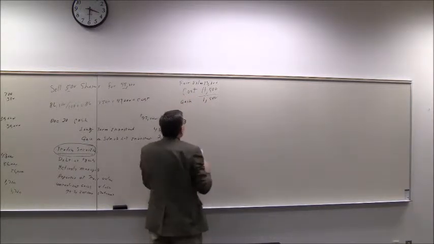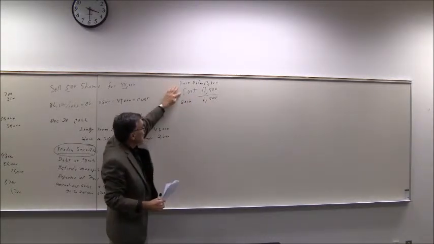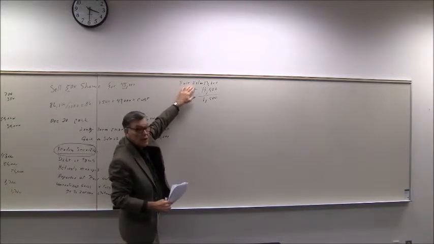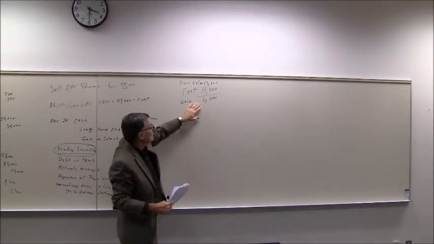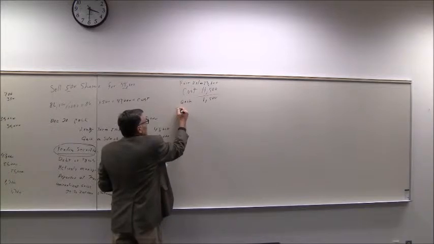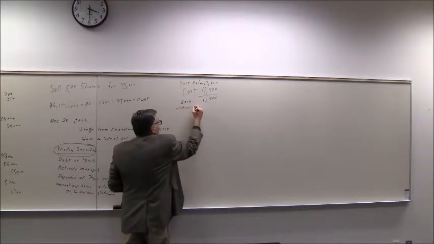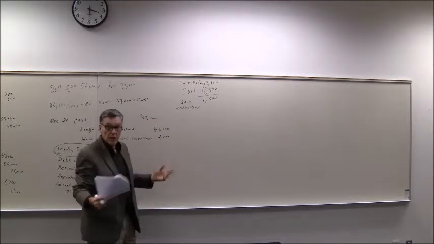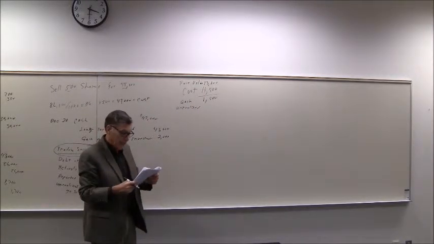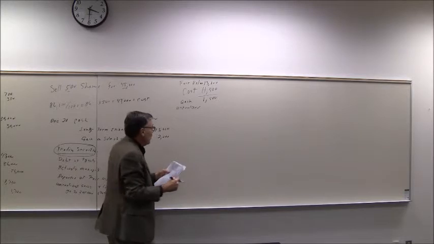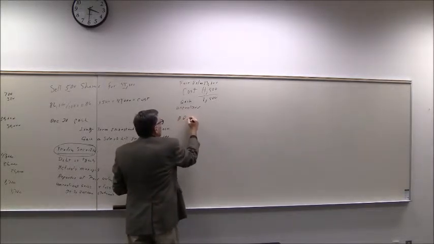So here's what we paid for it. Here's its fair market value at the end of the fiscal year. That meant there was a gain. This will be an unrealized gain because we haven't sold these. We still own them, right? It's an unrealized gain. So the adjusting entry for that